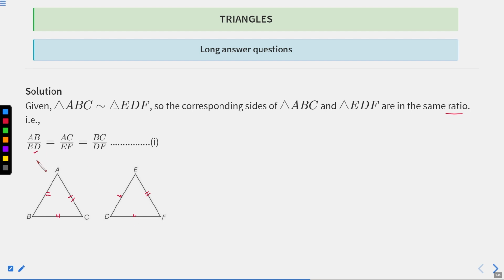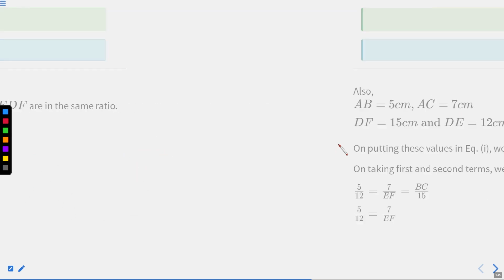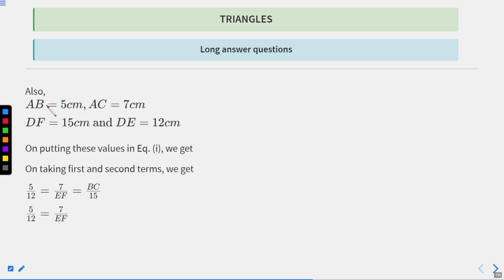So AB by DE is equal to AC by EF is equal to BC by DF. Okay, I'm naming this equation number 1. And also AB is 5 centimeter, AC is 7 centimeter, DF is 15 centimeter, and DE is equal to 12 centimeter. So on putting these values in equation number 1, we get